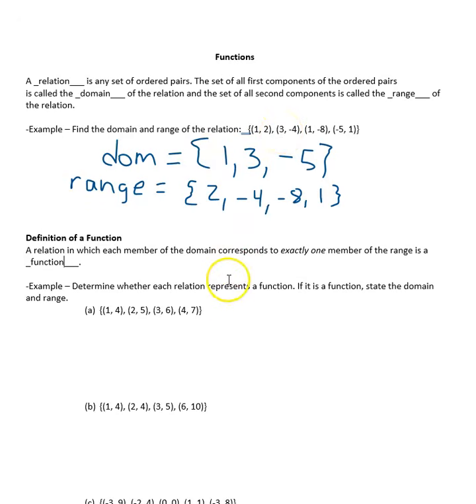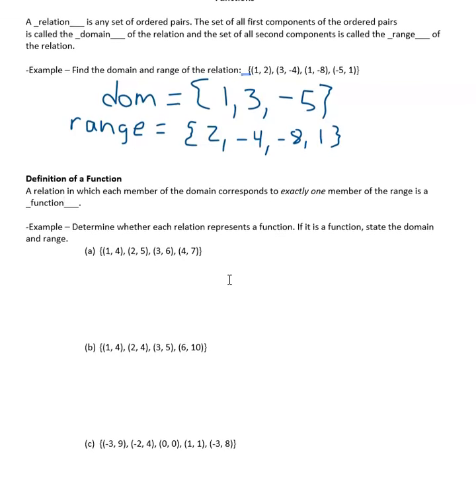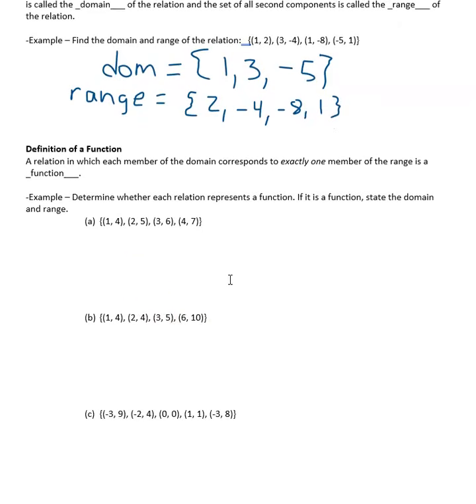So let's look at some other examples here, and let's determine whether or not they are functions, and then if they are, we're going to find their domain and range. So we look at A, we have the ordered pairs (1, 4), (2, 5), (3, 6), and (4, 7). So X value of 1 corresponds to 4 and only 4. There are no other 1s corresponding to any other number. 2 corresponds to 5 and only 5. 3 corresponds to 6 and only 6. 4 corresponds to 7 and only 7. So yes, this is a function,